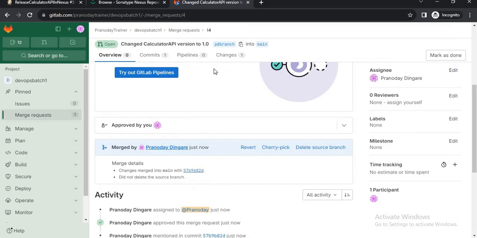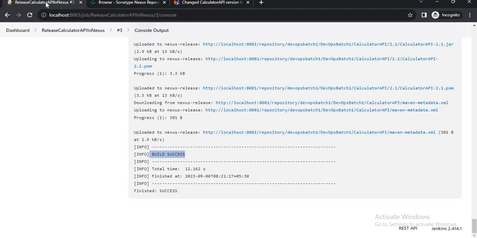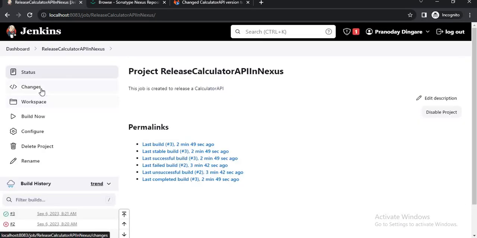Currently we are triggering this job manually, but we can set it to get triggered as soon as we push any change. So we will configure it in that way, but for now let's build it manually.